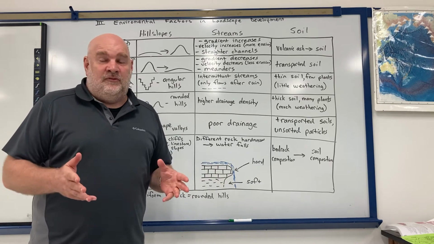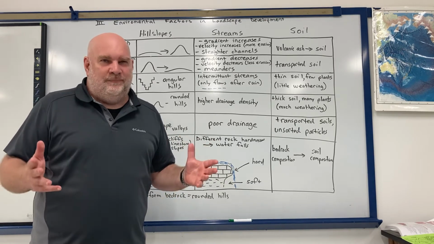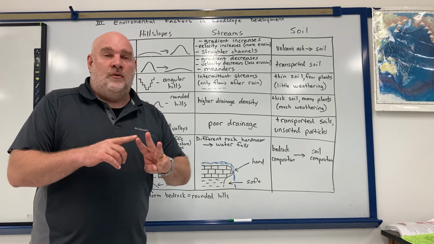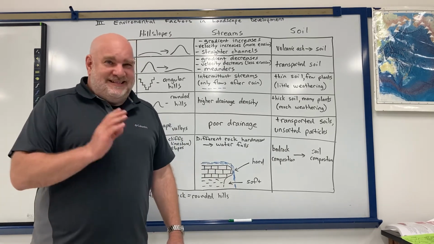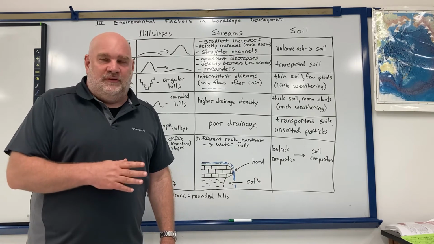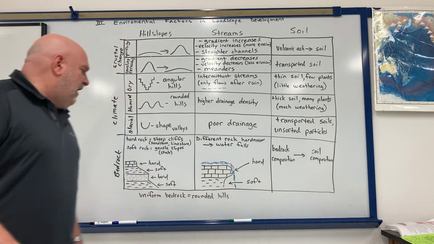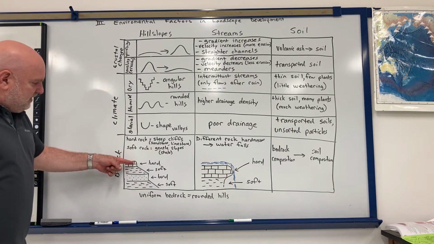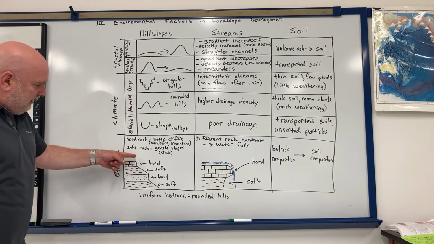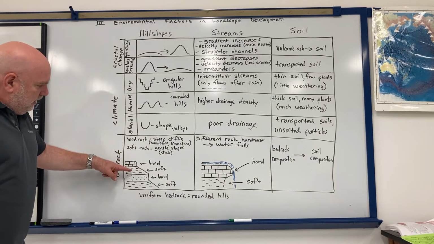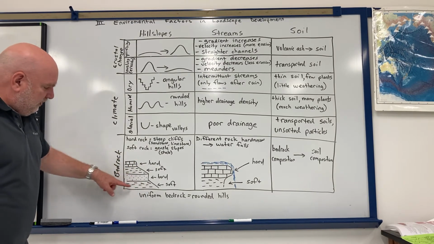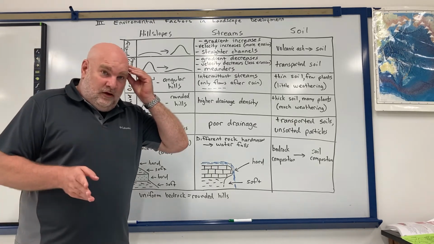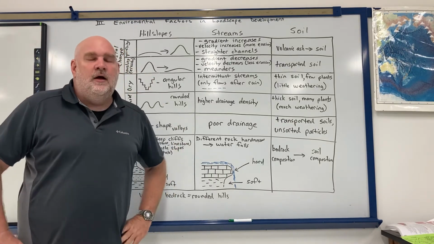And of the various types of sedimentary rock, there's a whole bunch of them. There's really three that are most common: sandstone, limestone, and shale. Sandstone and limestone are relatively hard, shale is relatively soft. So typically, the sandstone and the limestone make pretty steep cliffs, where shale makes more gentle slopes.